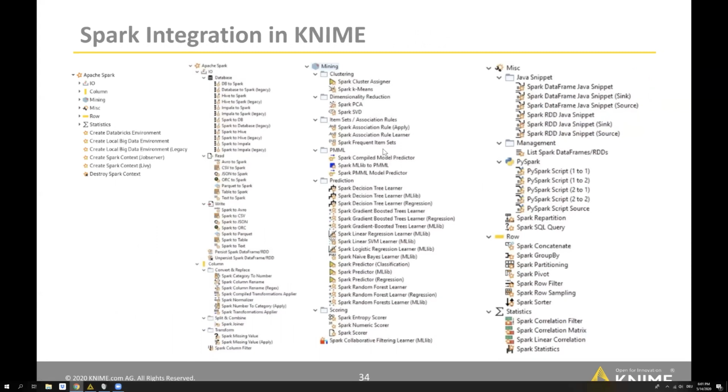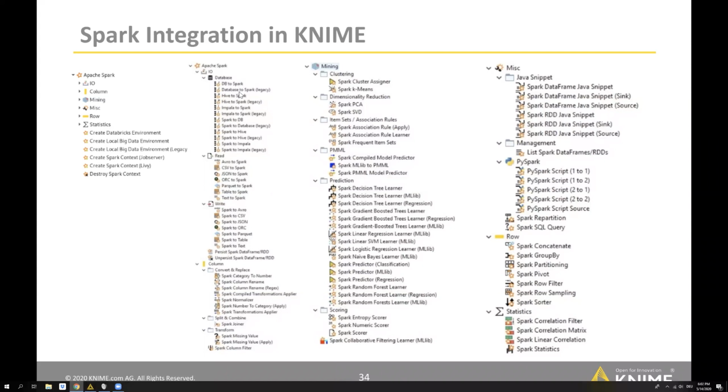I don't want to highlight many of those, but there's this whole section here that is for data import, so you can read various data formats such as Parquet or ORC or also CSV. You have to point these nodes to the file, and they will provide you a Spark data frame, on which you can use the other Spark nodes.